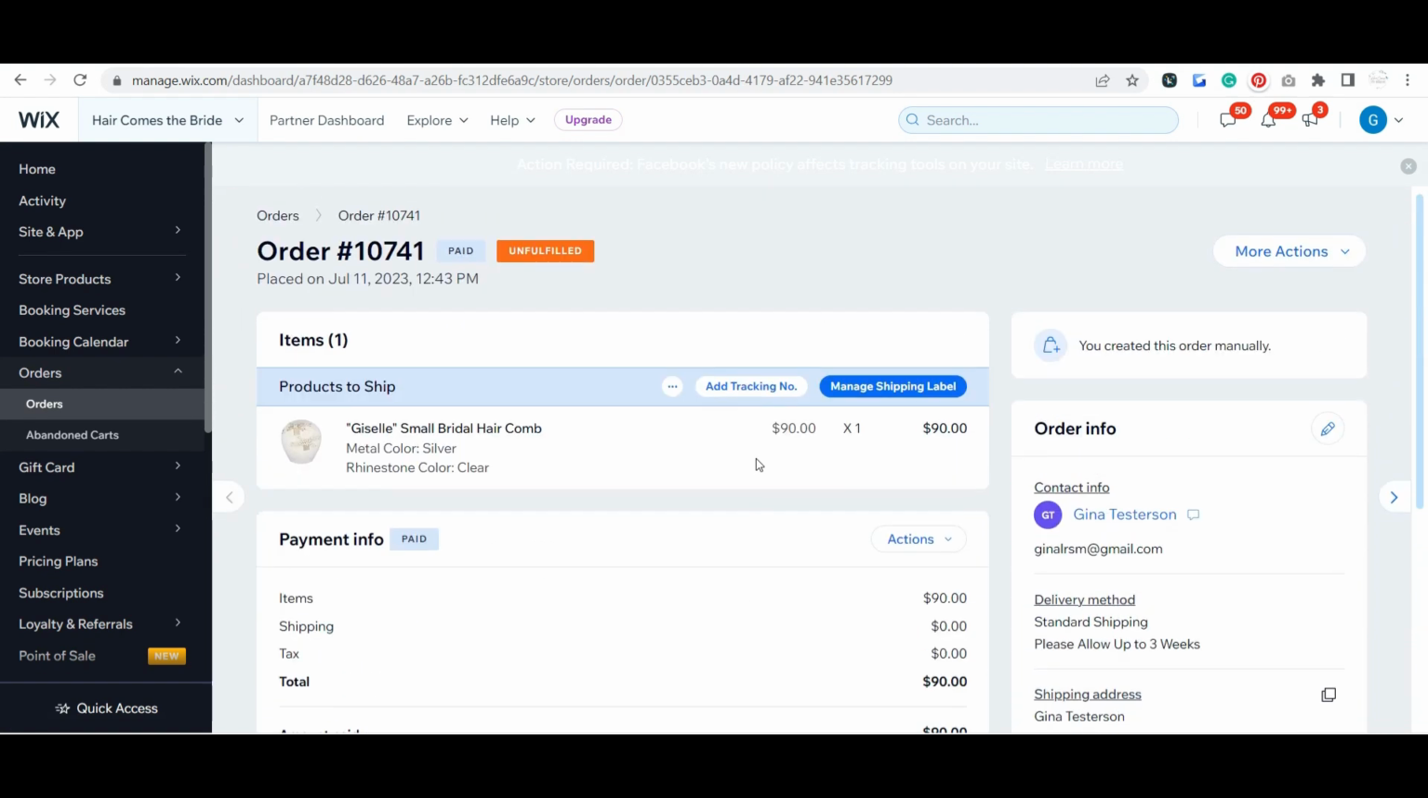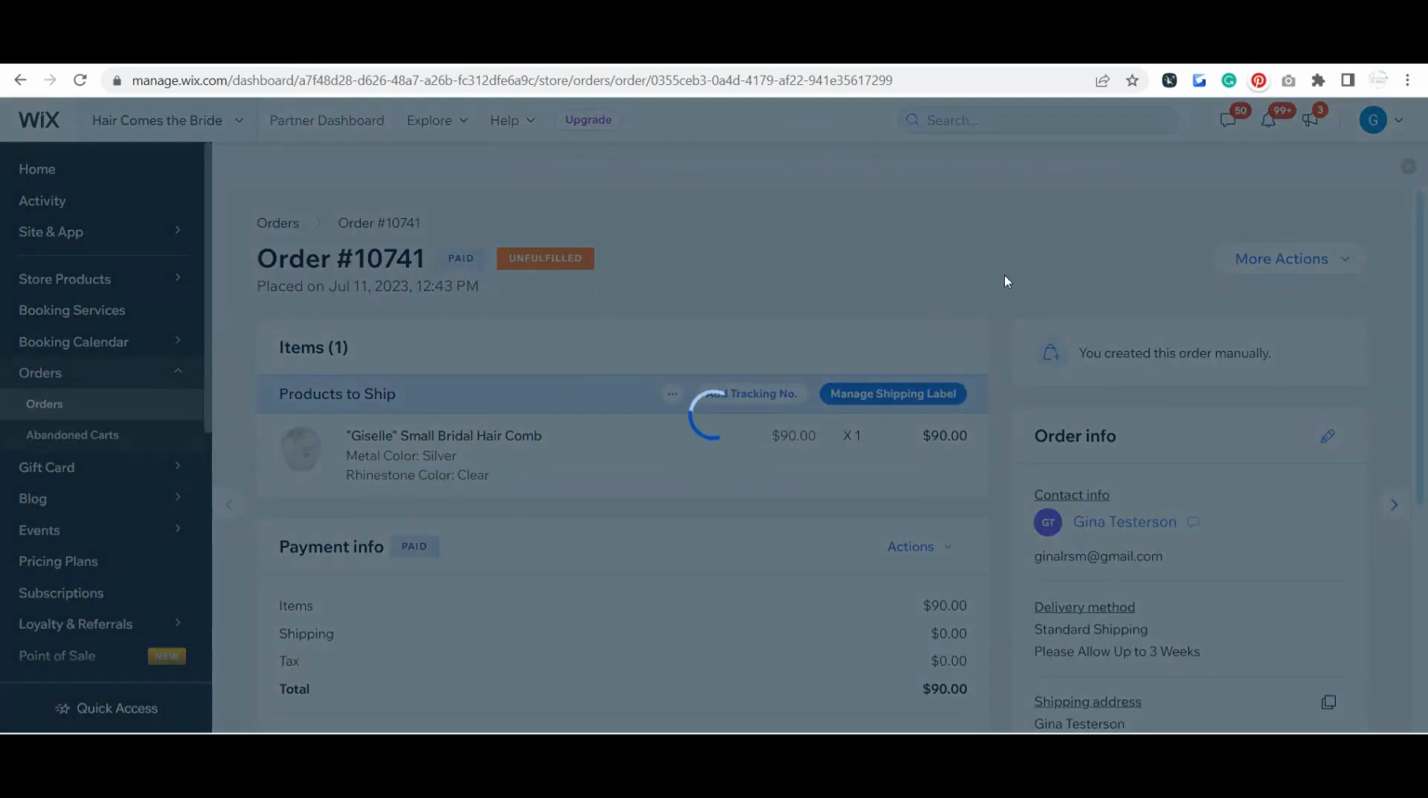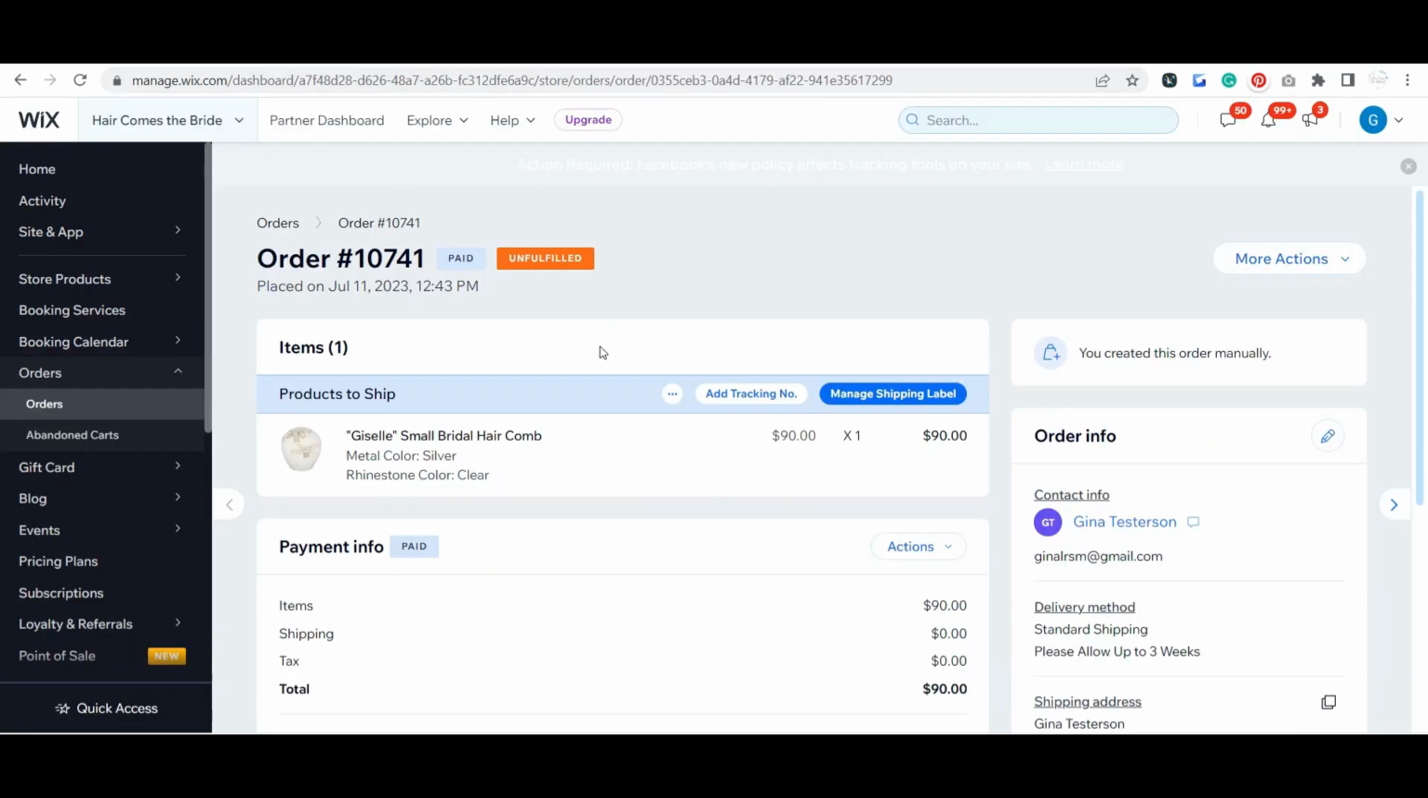It's going to have all your basic information. So typically what I do is come through here, and when I'm fulfilling my orders, I print that packing slip. And then you can also come through here and print that order. You can see here, you can send a shipping confirmation. You can actually also ship through Wix. So if you want to check that out,